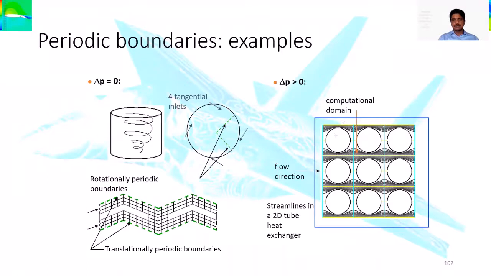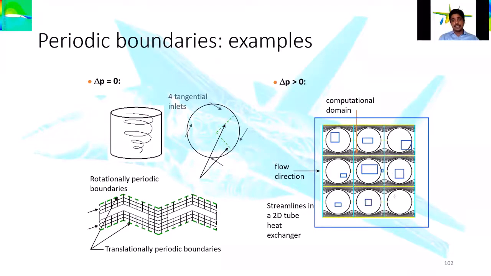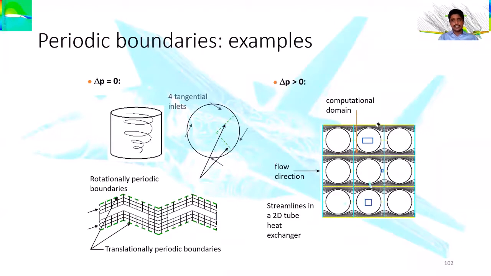When delta P is greater than 0, the complete set of cylinders is available here: cylinder 1, 2, 3, 4, 5, 6, 7, 8, 9. They have asked me to find a solution by analyzing the flow over these 9 cylinders, outside the cylinders, to see how the fluid is behaving. But if you look at the problem, one cylinder is good enough. One cylinder is covered by the adjacent one, and another cylinder is covered by the adjacent one.